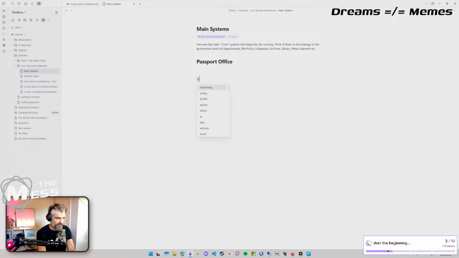Just list them out first, then we can flesh these out afterwards. We're going to have the passport office, and we'll call it the passport visa office. Another one, maybe the